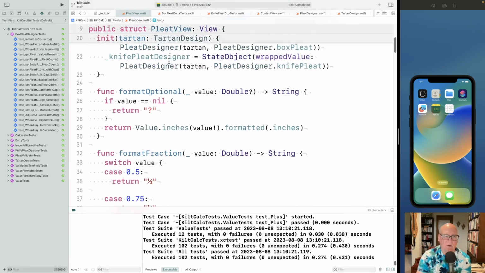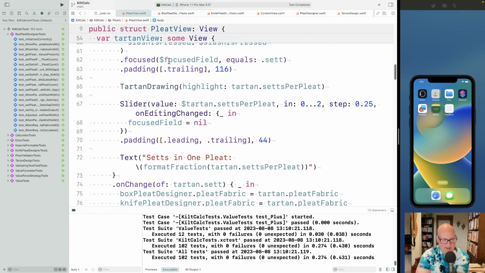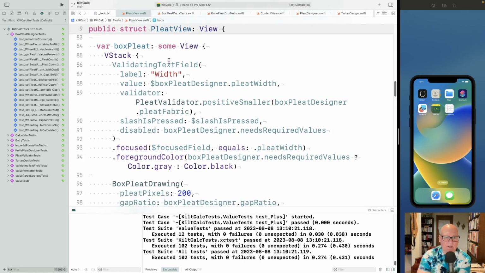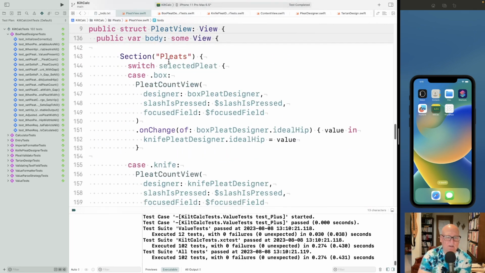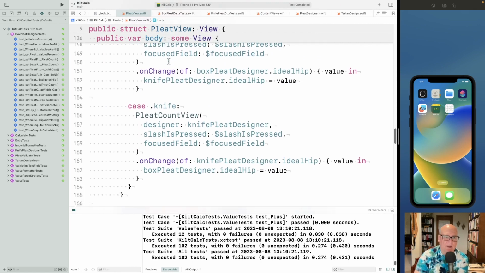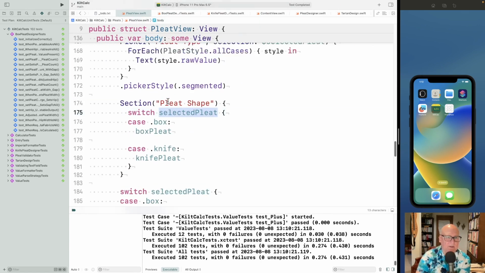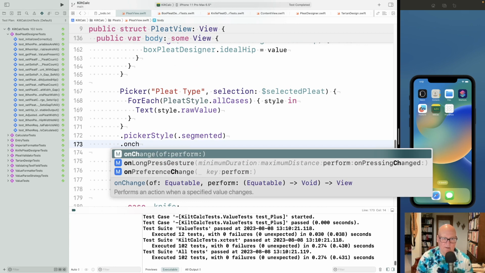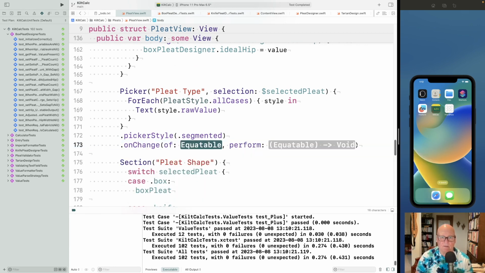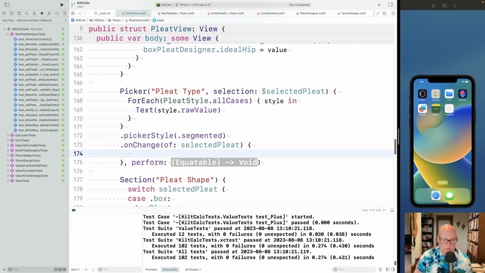All right, so what I want to do, or what I'm thinking anyway, one thing is we can make that control more so that everything is kind of controlled from that. All right, so this is selected pleat. This is selecting it. Yeah, so I think I can do this on change thing here. On change of selected pleat, let's just print